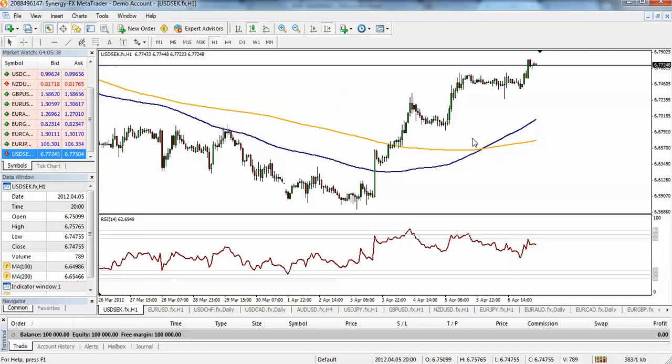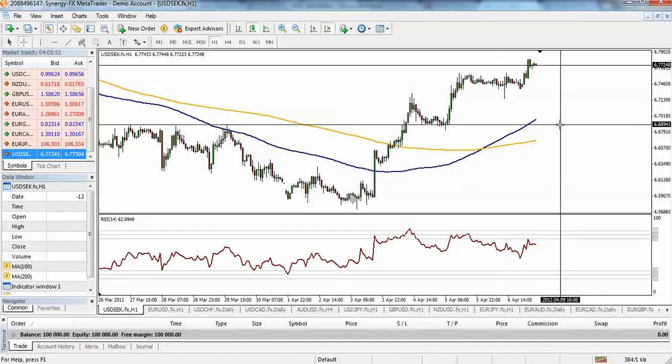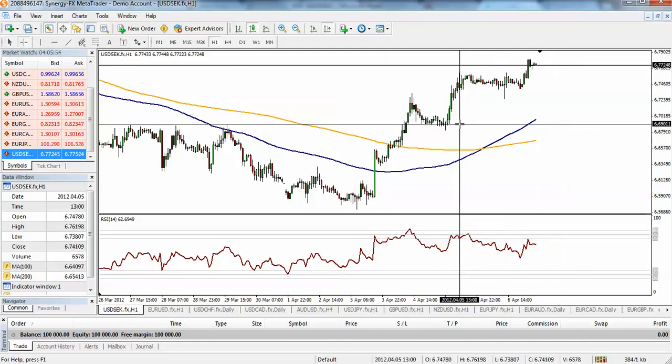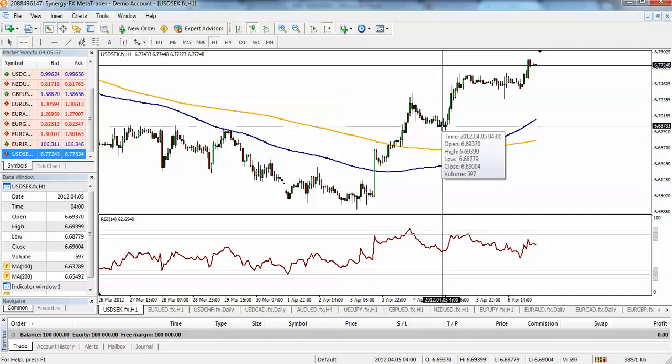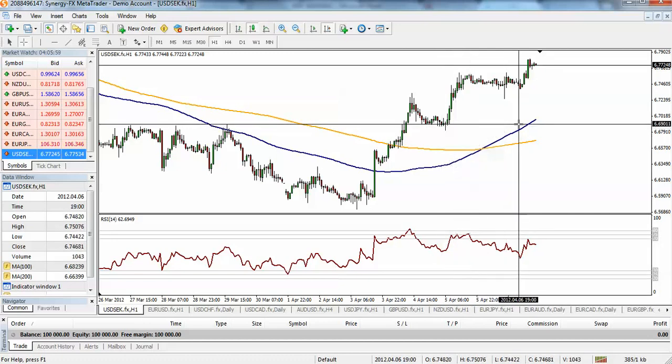I think that long covering will begin to happen up here as some of the longs down from 6.59 have started to cover, and we should see a pretty sizable correction to the downside. Targets I'll be looking for, first is this level, which is going to be extremely important. The close is at 6.69, and if we do see a retracement down to this level,